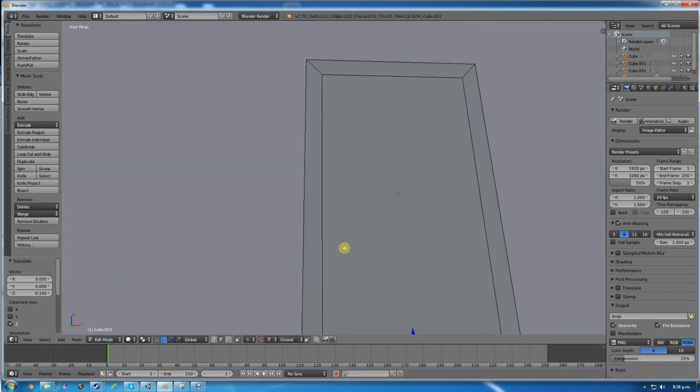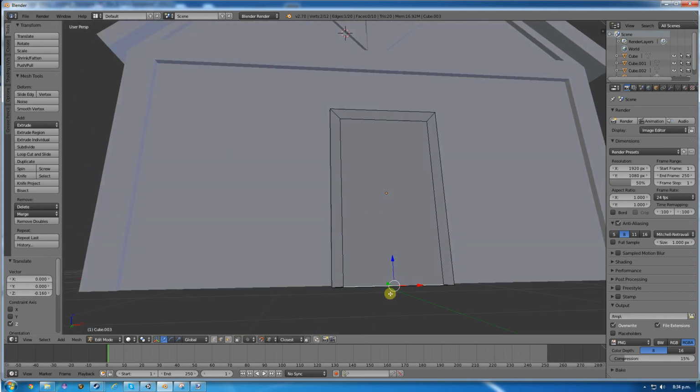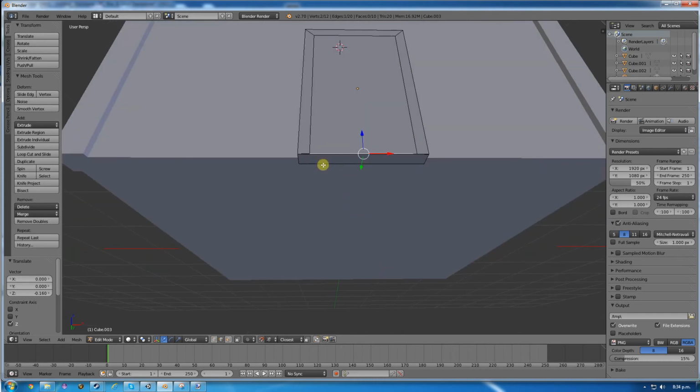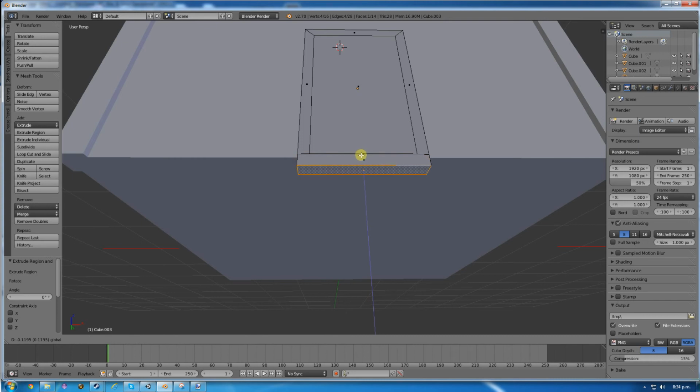Like that. Okay, I don't care where it goes to, because I'm going to probably bring this up and add like a foot bit underneath it using this, which I may as well do now. So I'll extrude that. Extrude that and bring it down. And then extrude this